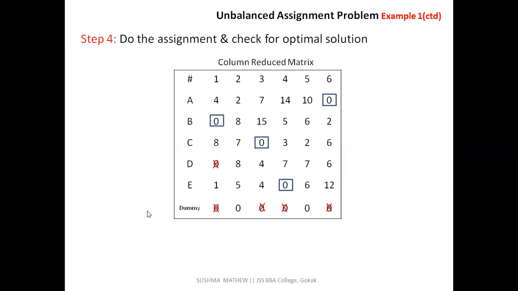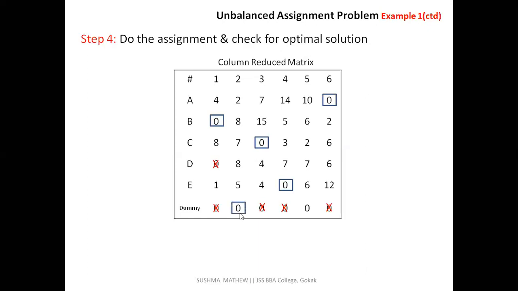Now row wise, in the dummy row also, if you check, there are 2 zeros. I have told you, for any assignment it is mandatory that a single zero has to be there. So there are 2 zeros, so we'll leave the option there. Now we'll have to start assigning column wise. Now in column 1, first column, there is assignment, so we need not worry. So go to column 2. Column 2, there is 1 single zero which has been left out in the last. Yes. Now assign there.